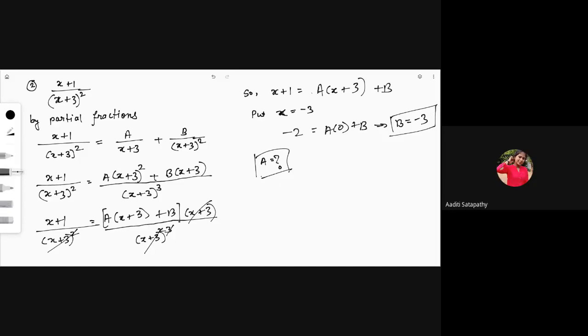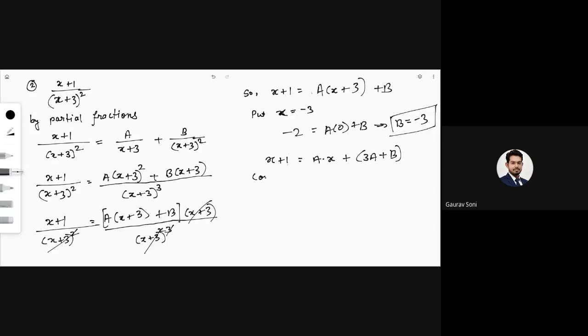Sir, can we do that? Like put the value of b as -2 and then find a. Yes, sure. Okay, so I'll tell you one way. What Aditi said is also correct. I can put the value of b and I can solve it. So this is also one way. What I can do is a into x is there. What is the constant term? 3a plus b, right? So I can compare these two equations.